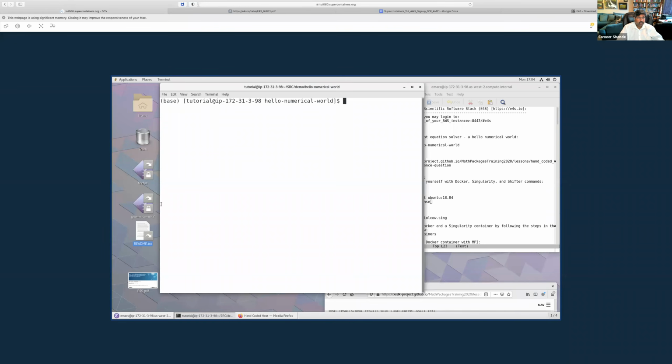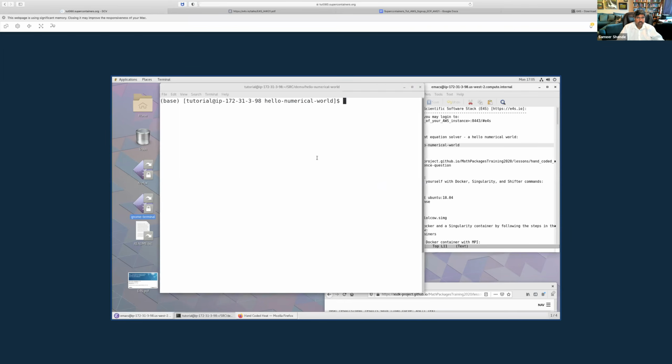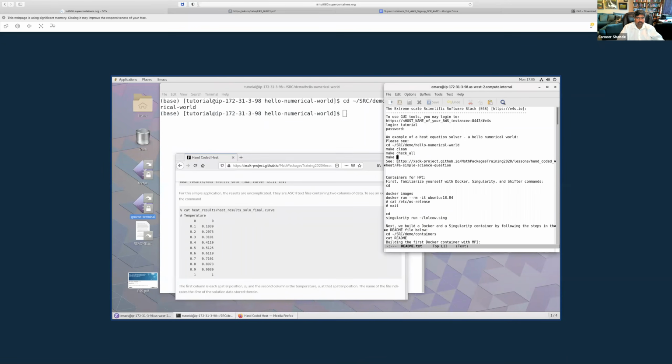Is everyone else able to launch the terminal window from GNOME terminal, launch the README file like this? And actually, these are the only two things you will need besides the Firefox browser to do the entire hands-on. The first thing we'll do is just cut and paste, go to a hello numerical world. Now, this is an interesting example from the BSSW tutorial, and you can follow along by going to this URL. You can just simply copy this URL, launch Firefox, and drop it in this